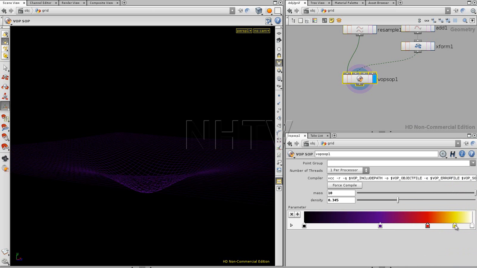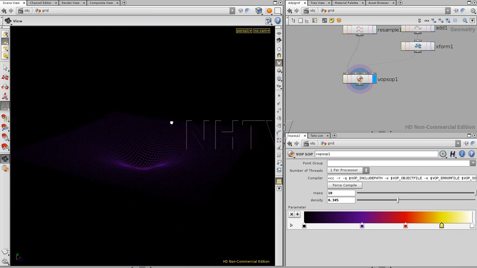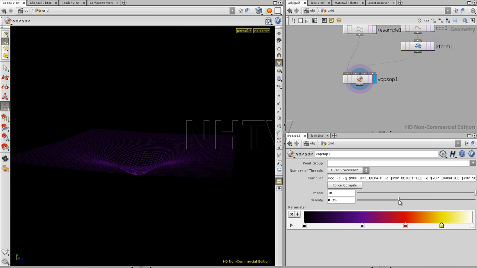Something like this. Can be a little bit more visible, I think. Let's put it this way. Okay, so now we see the effect, and if we start to increase the density, we're going to see the density actually being shown over here